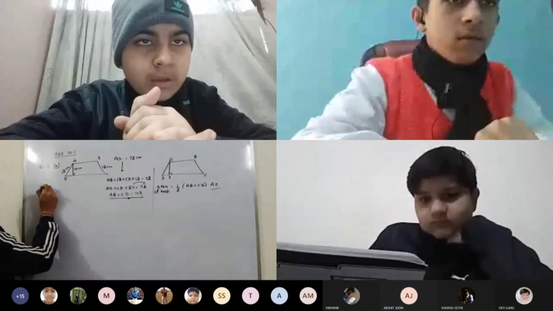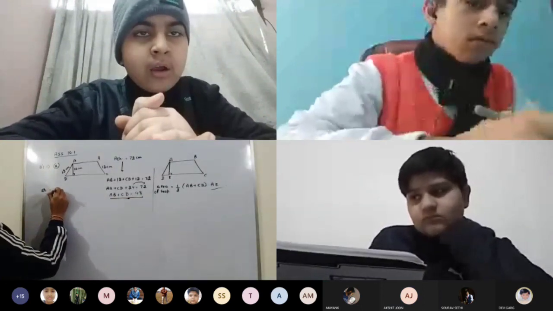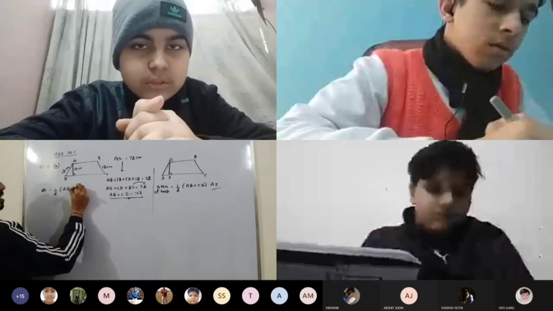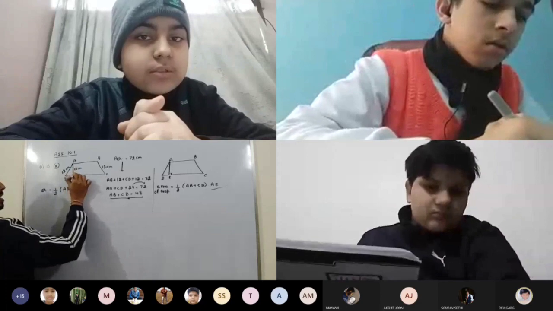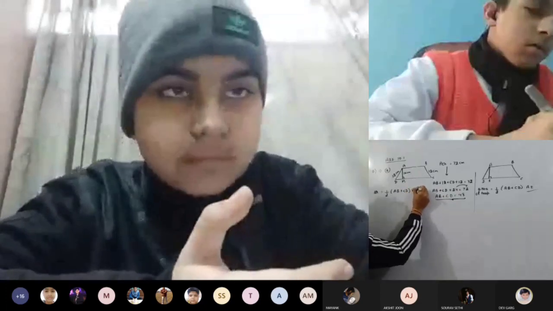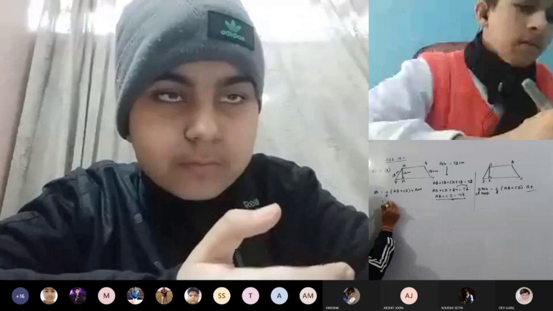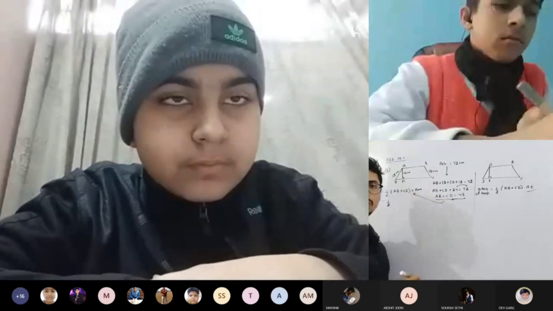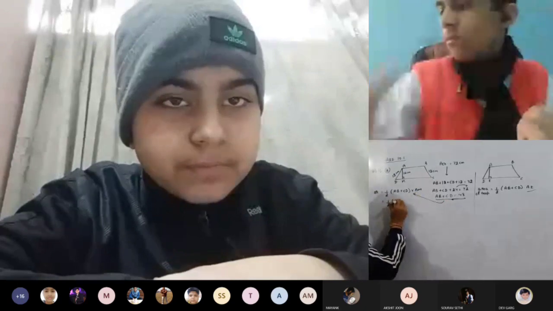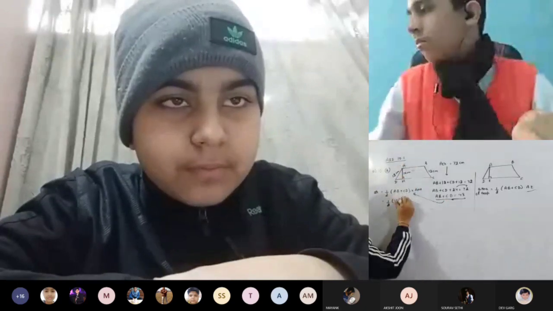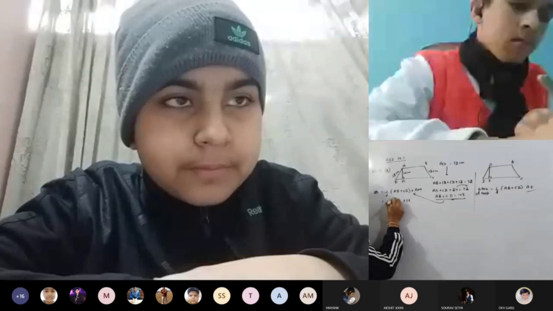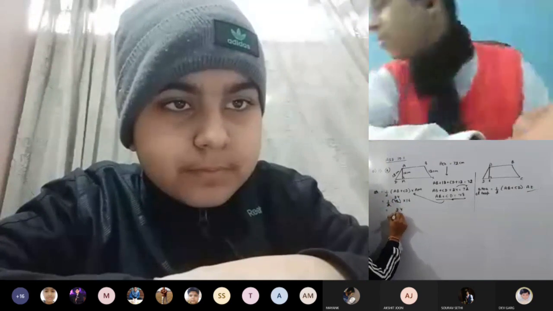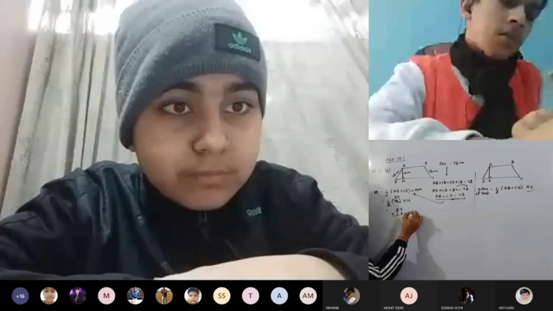Now we have to find out the area. Area will be half into sum of parallel sides, that is AB plus CD, into the altitude. If I write the foot of the altitude as M, the altitude will be AM. So half into AB plus CD, and AB plus CD we know, so just put the value. This will be 48, AM is 16. So half of 48 is 24. Multiply 24 and 16 and you will get your answer. 6 4s are 24, 2.